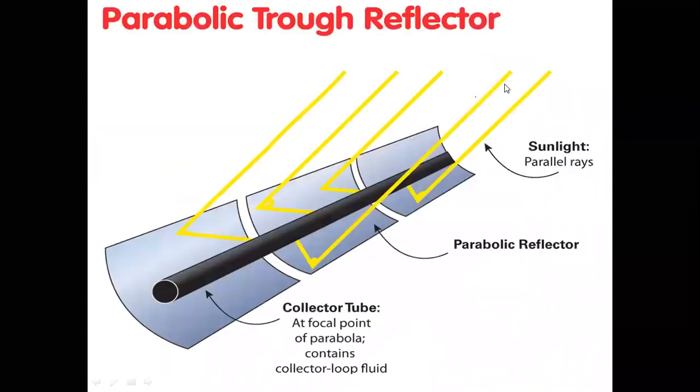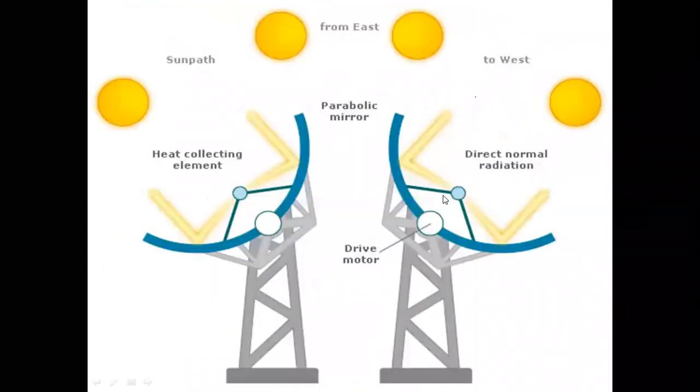And the next one, the parabolic collector, has the shape of a parabola. That's why it is called the parabolic collector. Here the tube is there. The solar radiation is absorbed in the parabolic collector. The tube collects it in the form of water, or it is directly converted in the form of thermal energy.